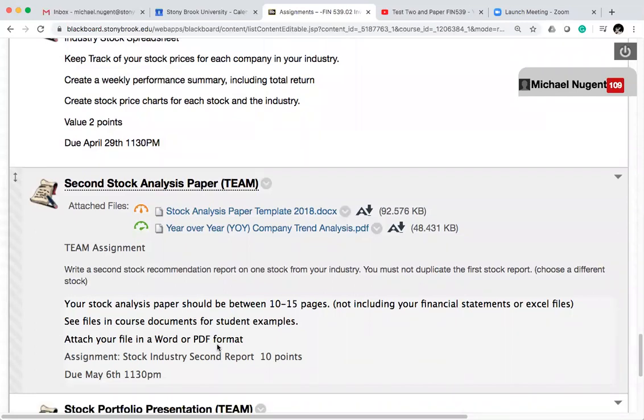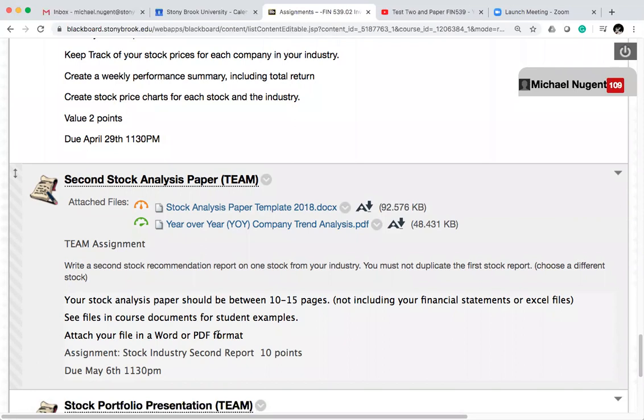So by the end of this team project, you will have 2 papers completed on 2 different stocks. And for these stock analysis papers, you're using a professional format guideline, so once you complete the paper, it's something that you could show in a job interview. Since you don't have the experience, it's something that you could talk about or show in a job interview